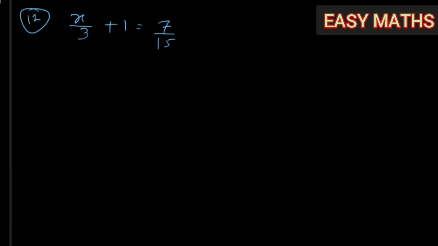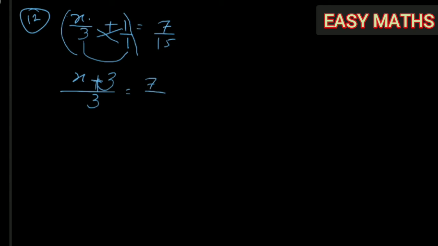So first what we will do is, see, we can solve this example by different methods. What we can do is, we can take the denominator as 1 here as there is no denominator, and we can cross multiply this. We can solve the LHS part by doing the cross multiplication. X into 1 will be x, 1x, and it will be 3 1s are 3, and we will multiply the denominators, it will become 3 1s are 3 is equal to 7 by 15.